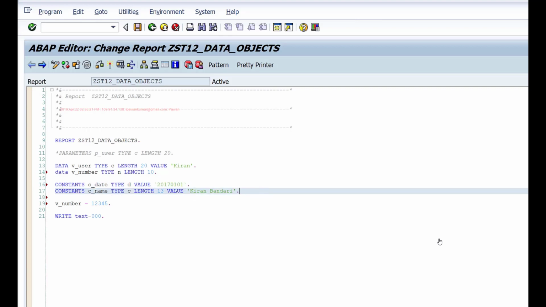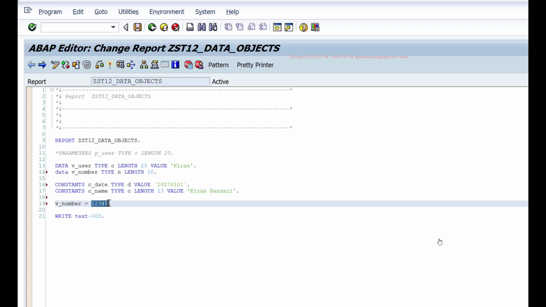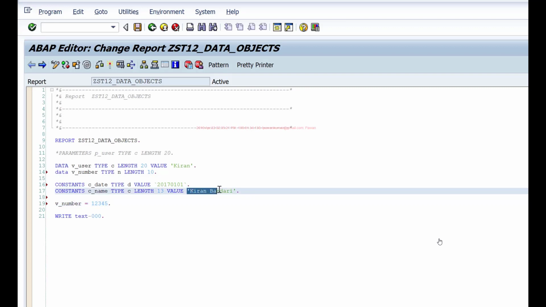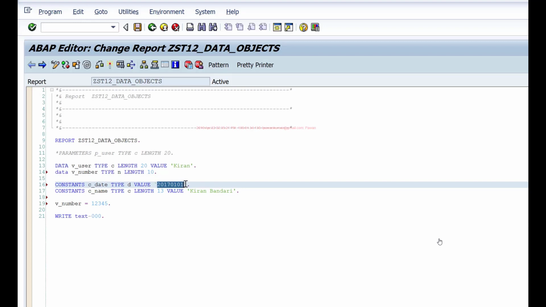Okay. So unnamed data objects are called literals. In that we have numeric literals and character literals. Numeric literals are those that you maintain directly in the program, the numbers 0 to 9, and they can also have a plus or minus symbol. And character literals, again there are two types, text field literals and text string literals. Text field literals are those that you maintain in single quotes. Text string literals are those that you maintain in back quotes. The difference is text field literals are of type C, text string literals are of type string. So these are your different data objects.